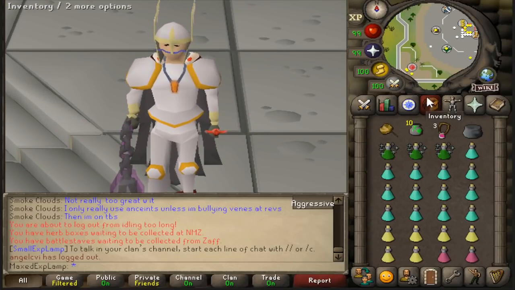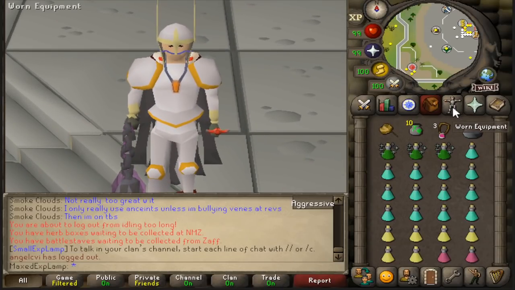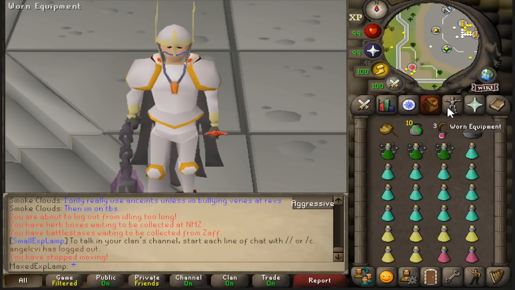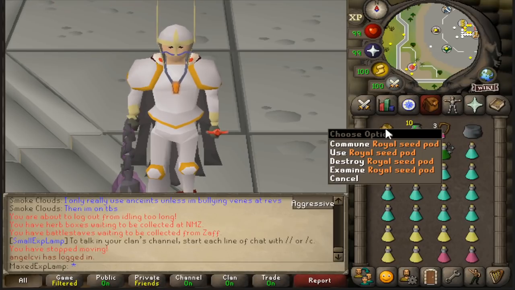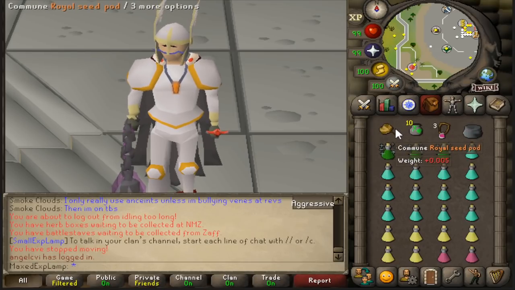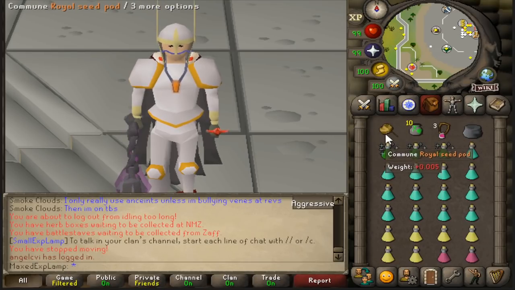So now that we have that all figured out, I'm going to go ahead and talk about the inventory, how to get there, and what all we're going to be up to. In terms of the inventory, I have a Royal Seed Pod that you can get after Monkey Madness 2. This is a one-click teleport out of the wilderness from level 30 and below, so it is a great thing